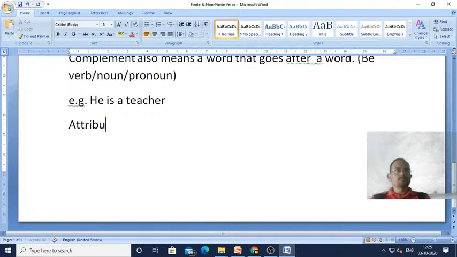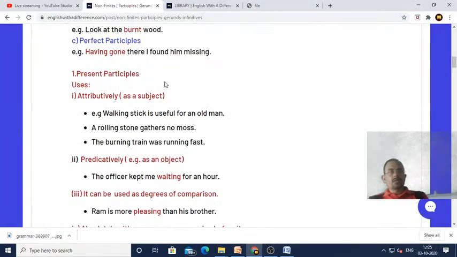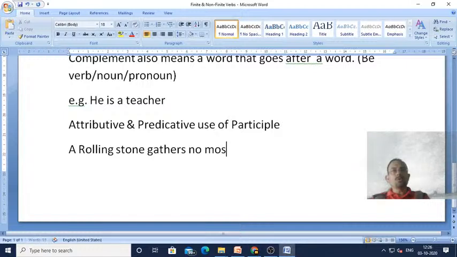Attributive and predicative use of participle. Attributive, what is the meaning of attributive? For example, let's go back to the example, a rolling stone gathers no moss. So dear students, you can see here, whenever an ing word